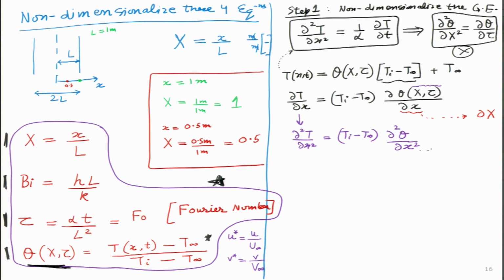Now, the same question comes: can I replace this del square x with del capital X square? I think I can do that. How? Let me take a differential of this equation also. I am now going on the left hand side of the screen and let me differentiate it. I will just request the student to have a little patience. I am taking a long time over here, but we will get a very beautiful result. If I take a differential over here, what do I get? Del capital X by del small x is 1 by L, right. Now this equation tells me that maybe I can go over here and write it in this form.